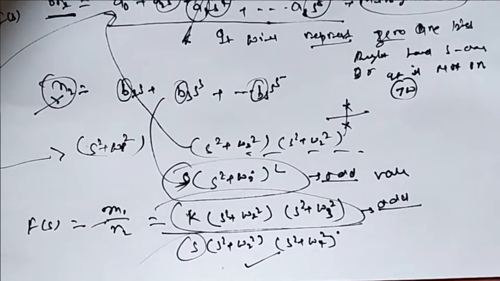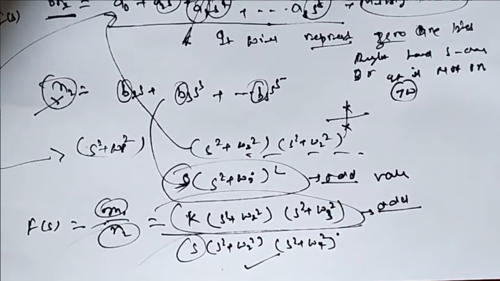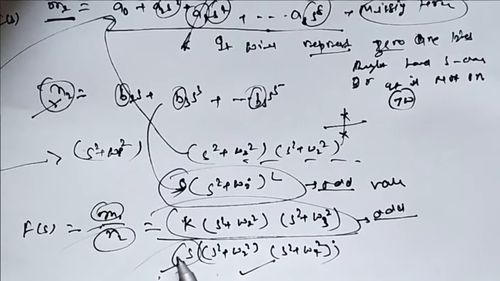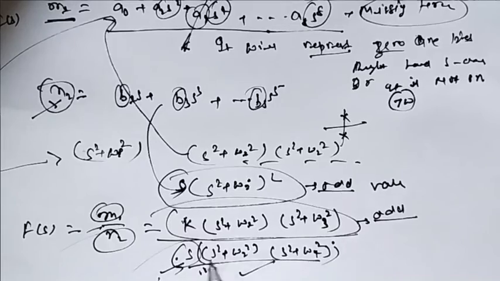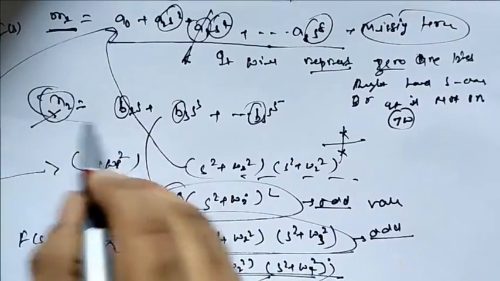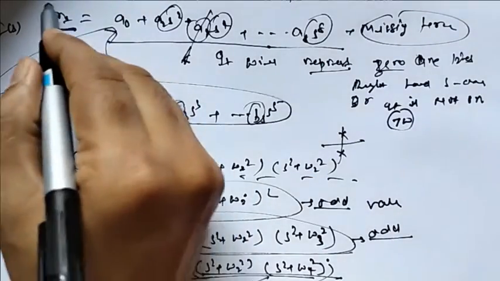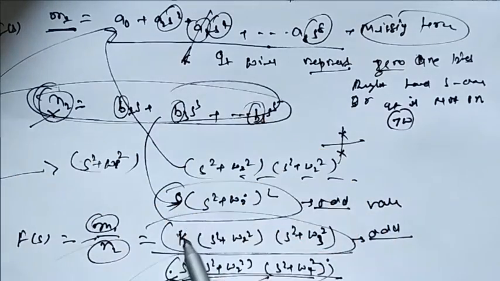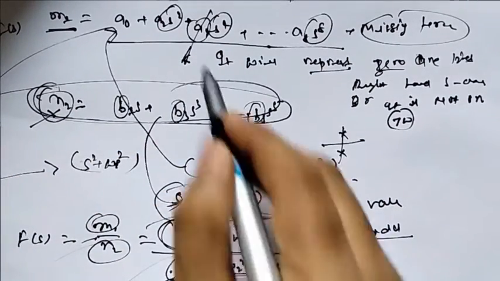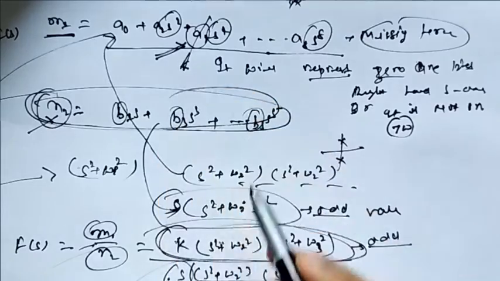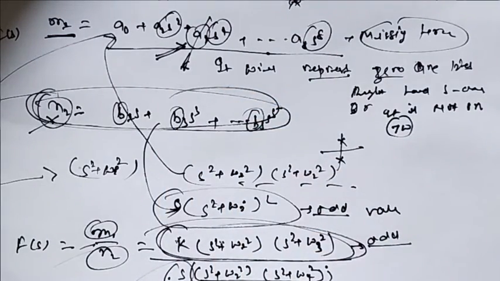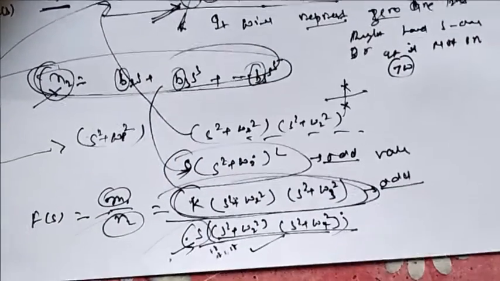Here we are saying M1 is even term and N2 is odd term. Now if you multiply the even term by s, it will give you odd term, and if you simplify this function, it is going to be of this kind of nature. And if you multiply this function, it is going to be an even kind of function. Now proceeding from this equation, let me write in another sheet.